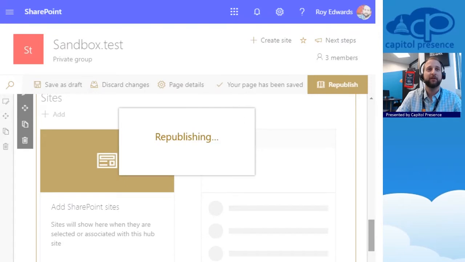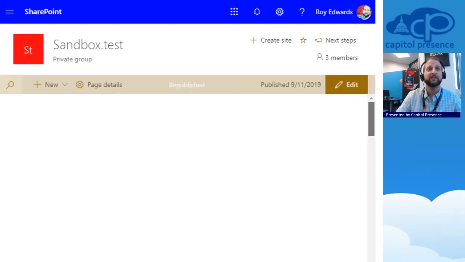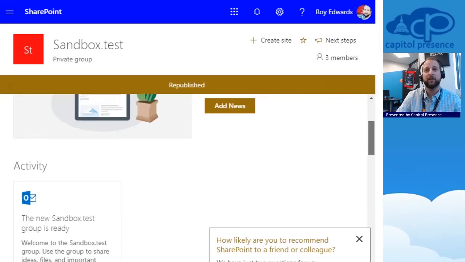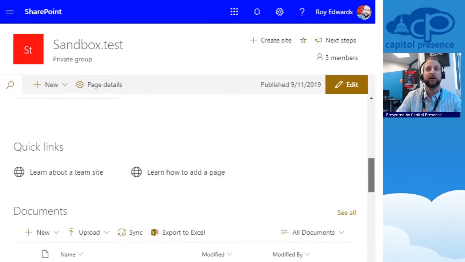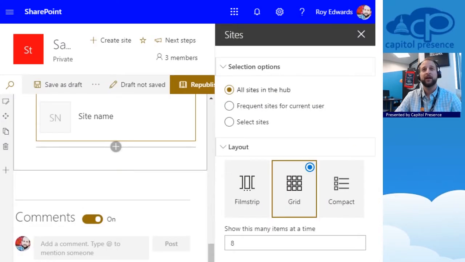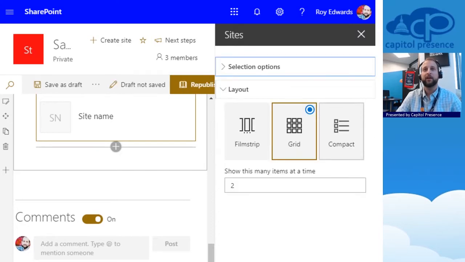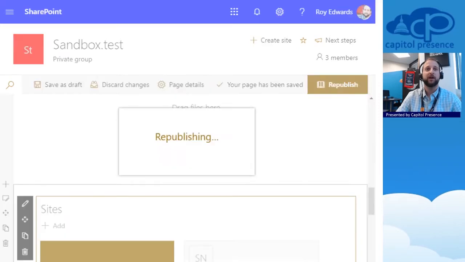So I'm going to go ahead and republish, and Tara's test, since we associated it with this, should show up. Yeah, so it should show up here, all sites in the hub as one of the selections. And so you can change however many you want to show. So we'll say 2, and then once you make that selection and we republish, it should show